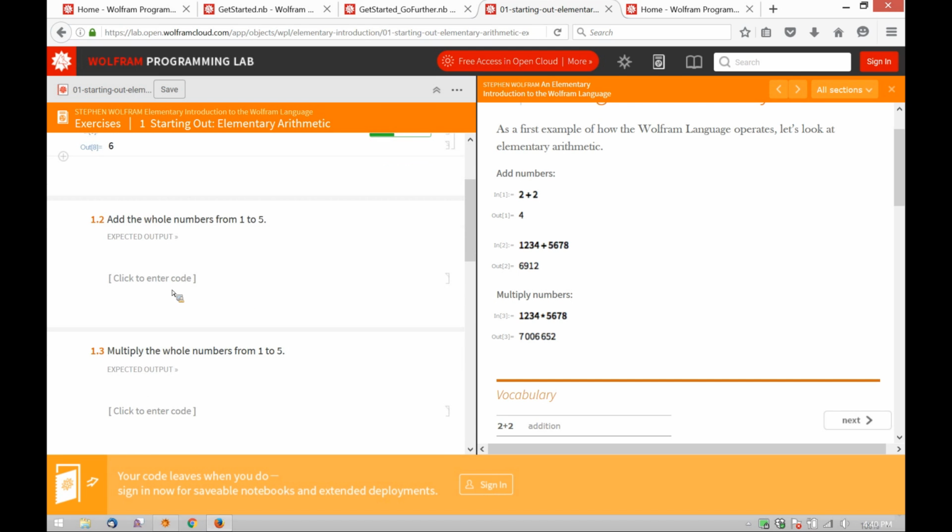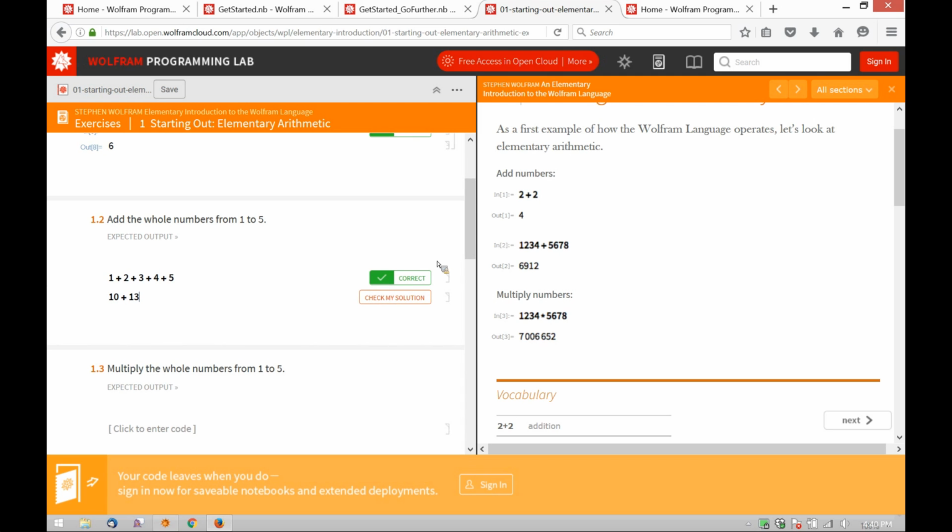So add whole numbers from 1 to 5. So I can pretty easily add those. See if that is correct code. Let's say I do 10 plus 13, and I check that. Hopefully that fails. Okay, that's definitely wrong. Okay, good. So it knows that's wrong. These are all trivial examples, though. Let's talk about a more interesting example. I'm going to go to,